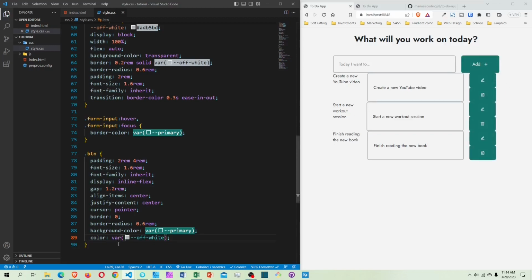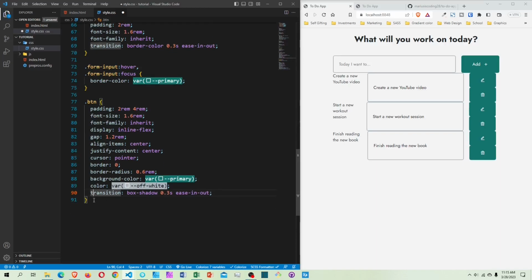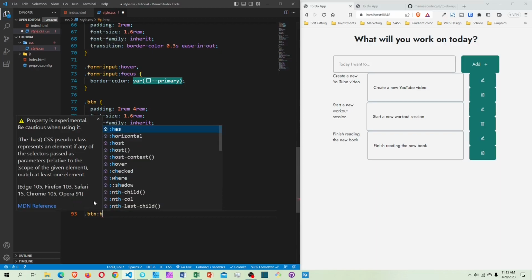Okay, now also for this one, I'm going to do the hover and focus as well. So I'm going to give it a transition. I'm going to copy this transition right here, and instead of the border color, go with box shadow. Okay, so like this. Now I'm going to do the hover and focus. So that's btn hover,